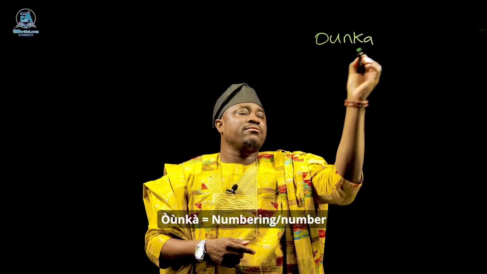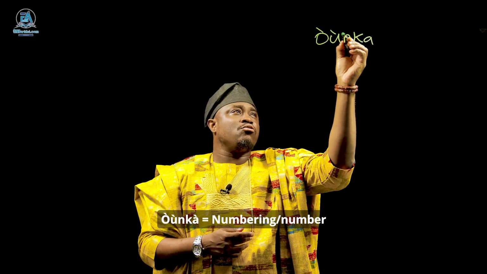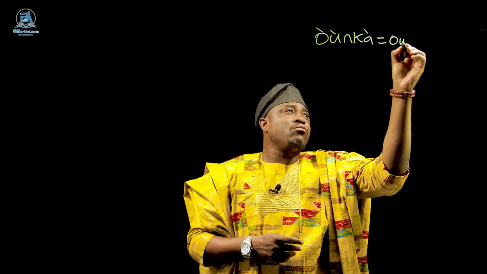Let's talk about the numbering system in Yoruba. Right. So the word for numbering or number is òǹkà. Òǹkà. Coming from the root word ohun